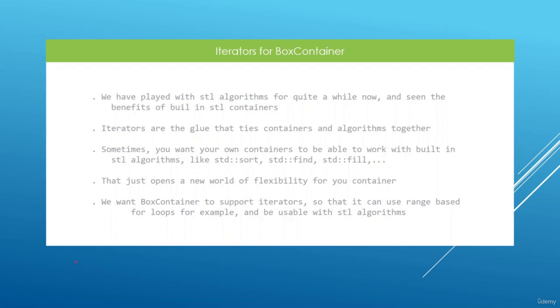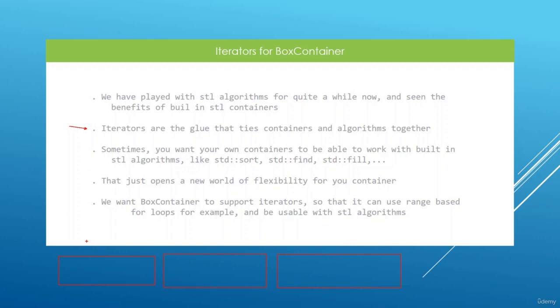Now, we have been talking about the STL for a long time, and it is made up of three parts. We have the containers, we have the iterators that navigate through these containers, and we have algorithms that do stuff on these containers through iterators. Now, from that, we know that iterators are really the glue that tie containers and algorithms together. Containers have to provide iterators, and algorithms are going to be looking for those iterators to work on those containers